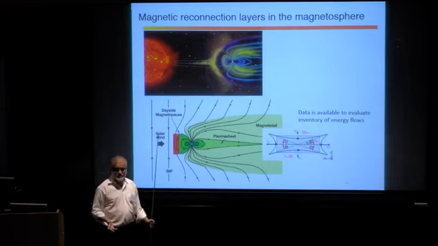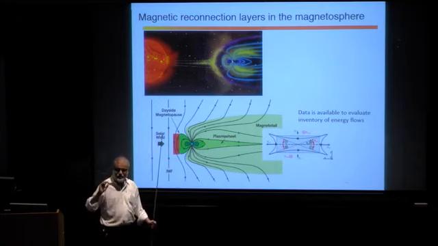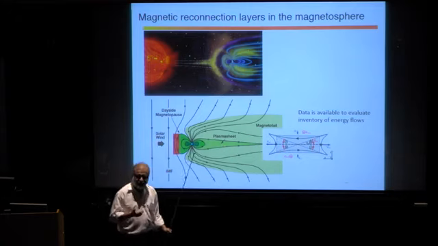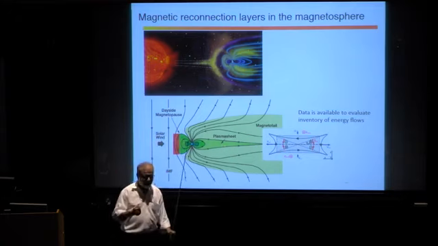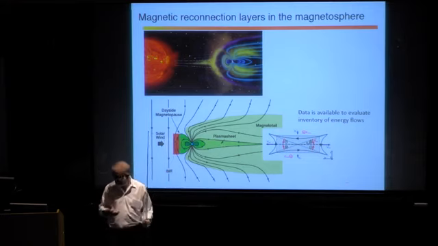There's a lot of measurements. In fact, one of the wonderful things about the magnetosphere is that there are years and years of local measurements of magnetic fields and flows that people have to make sense of. So the theories are highly constrained. You cannot get away with doing anything because too much is known. And so it is really possible to rule out theories. And when you can do that, you have ripe ground for controversy, because everybody who loves his or her theory says, no, my theory is right. And the other person says, no, there's real data. So they can go back and forth on what the data actually means.